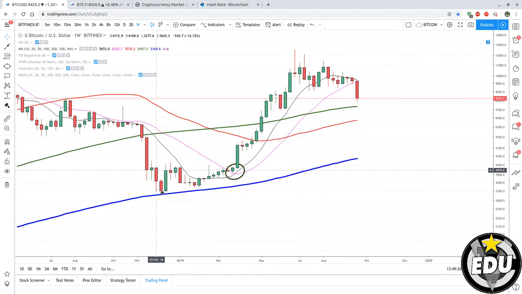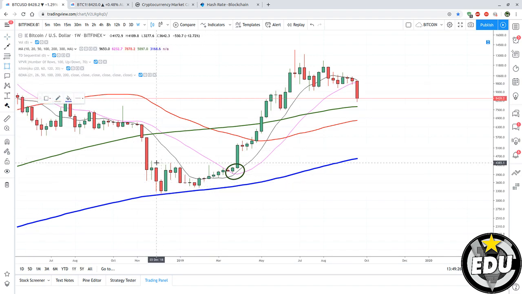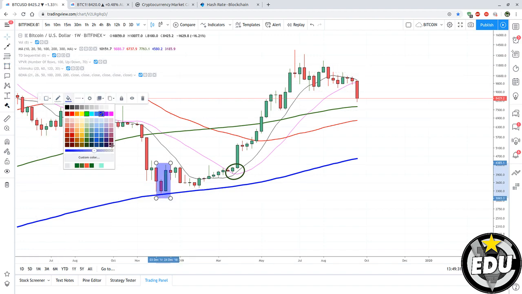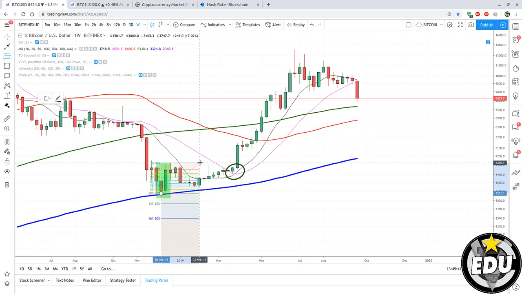That bullish cross started the bull run. This is consolidation here. You can see the massive bullish engulfing that tells you the buyers are coming in. That's what I would like to see here in order to buy. Usually when bullish engulfing happens, we buy after a 78% retracement of the bullish engulfing, and that's what happened